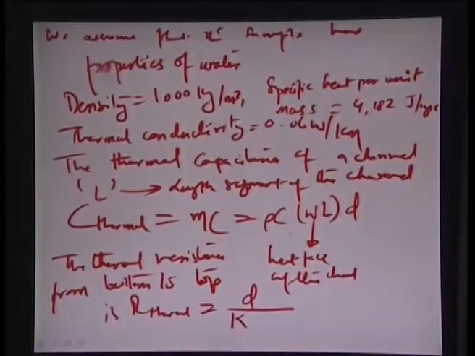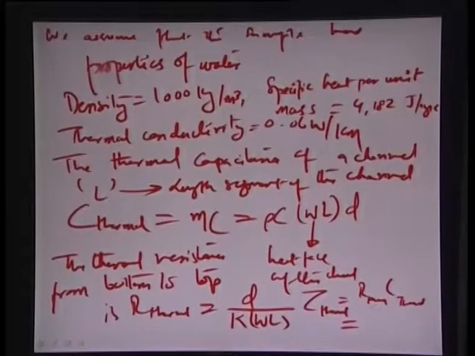It's the area. So, area in this particular case is also W times L, and therefore, the time constant for this thermal circuit, which is also equal to R thermal into C thermal, is essentially in this case